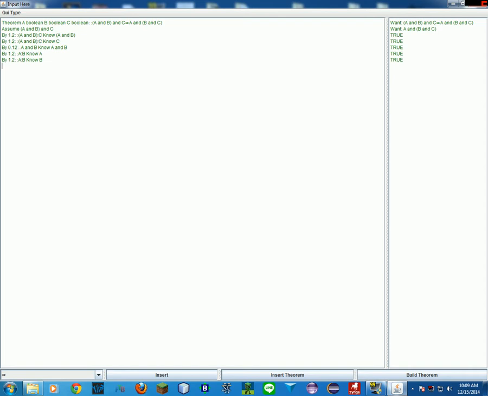There we go. Okay, so we know B as well. Now let's use these to show that A and B and C. So first off, we need to show that B and C is true. We can use the same theorem that we have been using, but since we know B and C already,